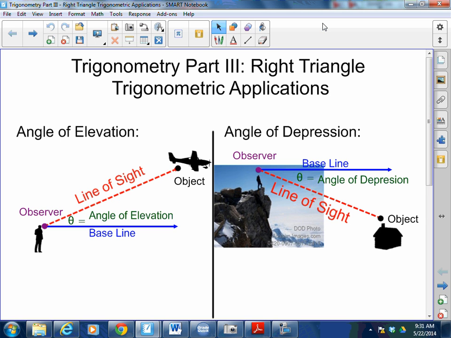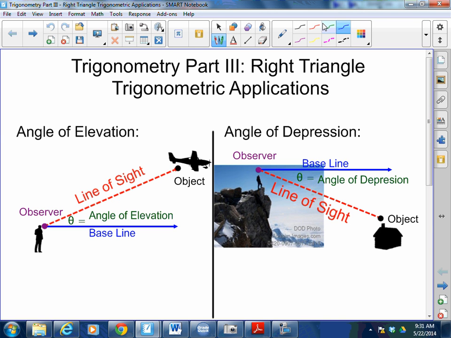Today we're going to talk about Trig Part 3, and we're just going to look at some very important right triangle trigonometric applications. If you remember, I told you that trig was really, really important because it's used a lot, almost daily. Today we're going to look at some examples of word problems, real-life applications of how this is used in our daily life. And before we go into the word problems, I have to explain to you angle of